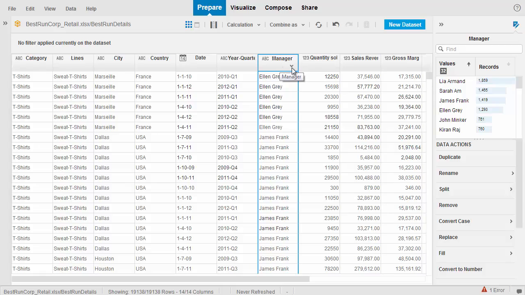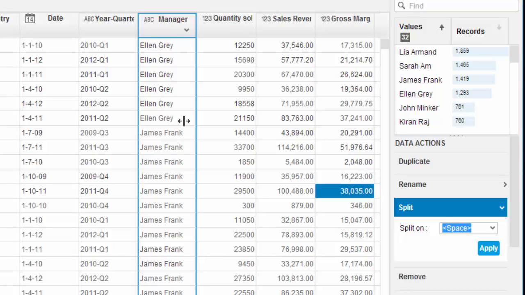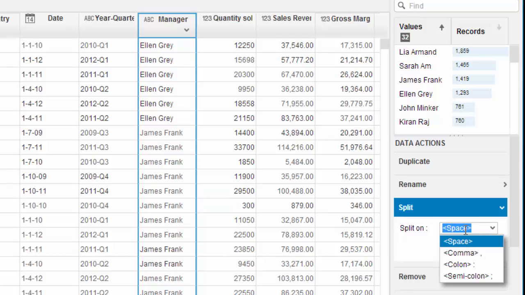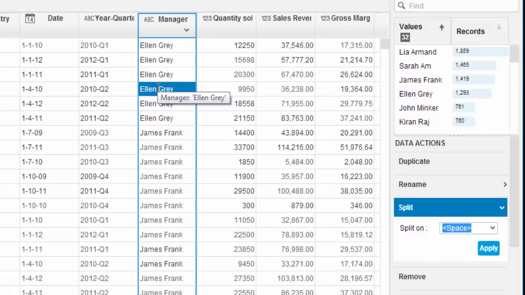So to do that, we can go into the split function here, and that opens up to say what particular value do we want to split the data contained within manager on. It's initially coming up with space. We can select comma, semicolon, and so on, but space is what we want because our first and last name of manager is in fact delimited by space. So let's click on apply,